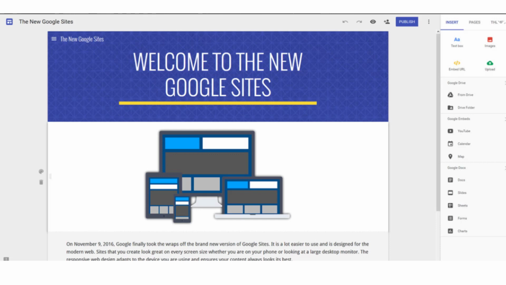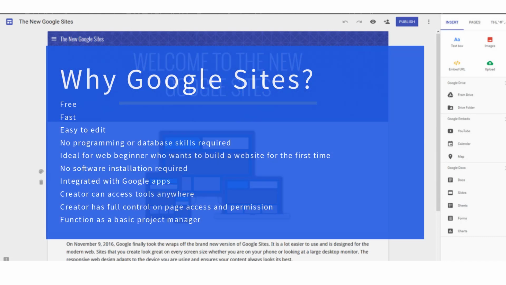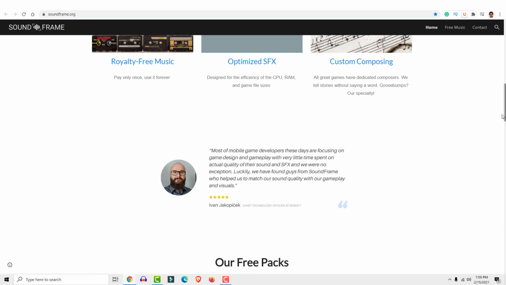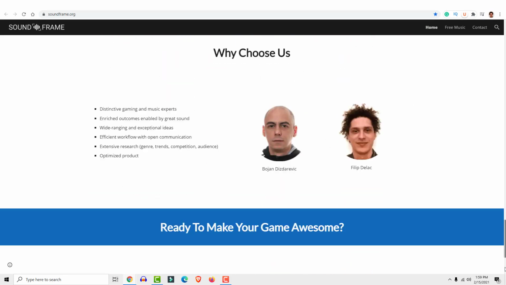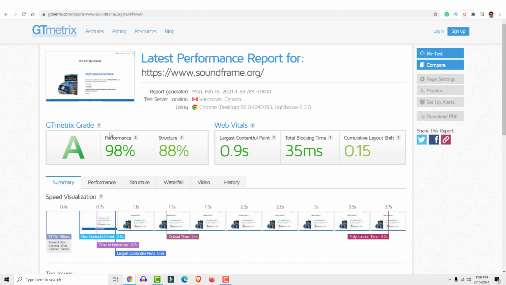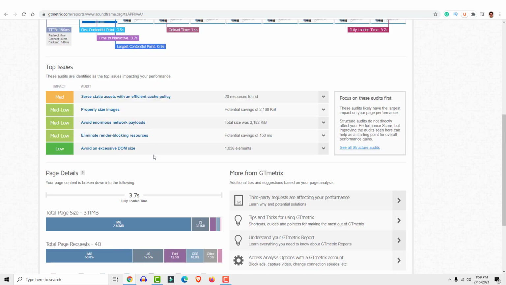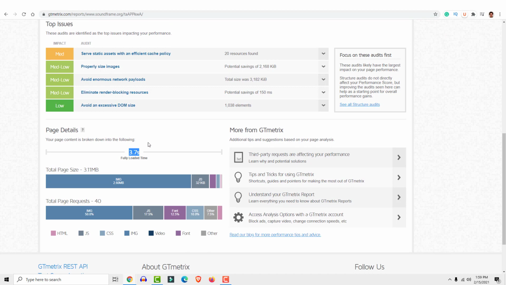So why choose Google Sites? Because it's free, it's fast, it's easy to edit, no programming or database skills required. For example, you can see my website over here. It's called Soundframe that I created with my body. It's a very nice looking site, and this is the performance. You can see that it's about 98% speed, and the full size it's only 3.7 seconds, which is very fast